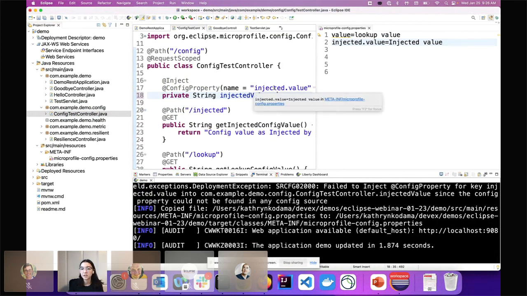Another cool feature is you could hover for more information. So if I hover over, now I can see, oh, I've had this value. It's set in this MicroProfile config.properties class. Here's the value of that as well. All right, so that's just a few of the quick language features. There's many more. And let me switch back